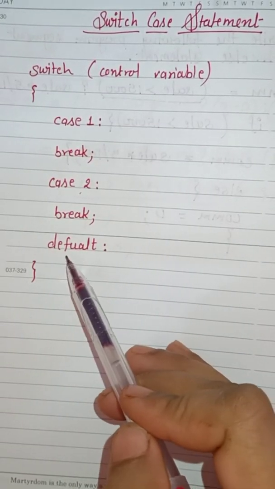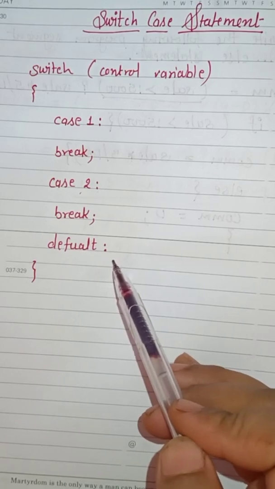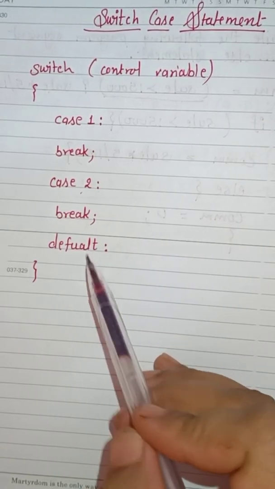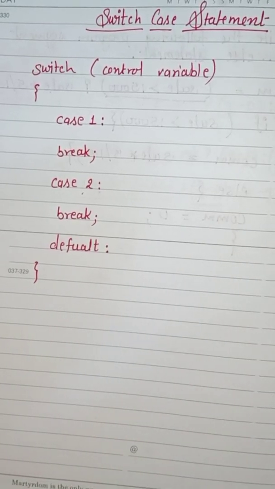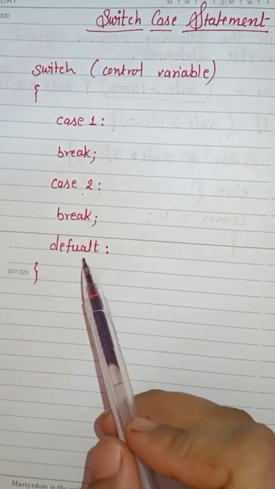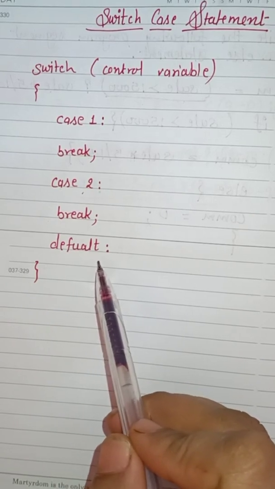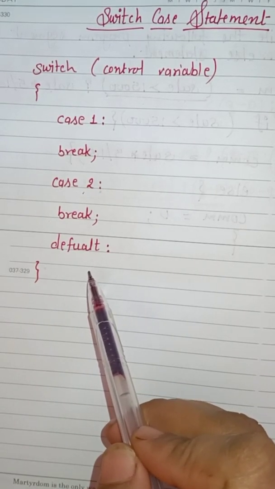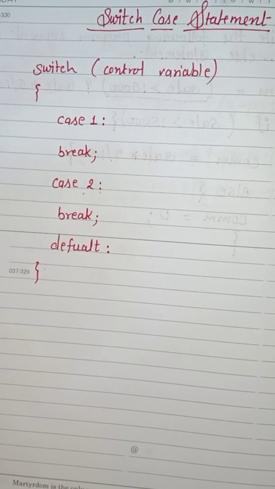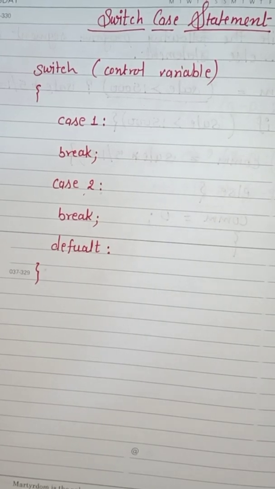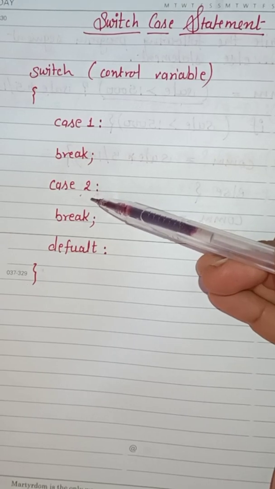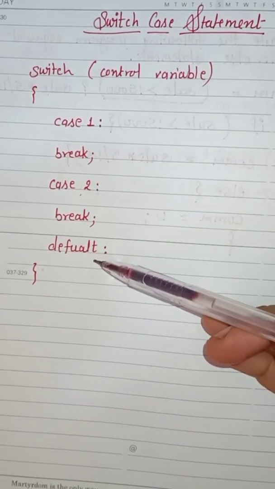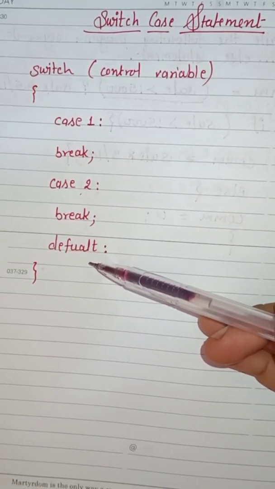And in the default statement, you can print any meaningful message, such as invalid input or that the case is not present. Whatever you want to write, you have to write within the default statement. You give the printing statement within the default statement. So what is the work of the default statement? If no case is matched, then control moves to the default statement.